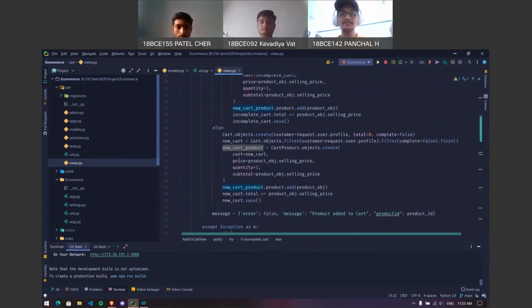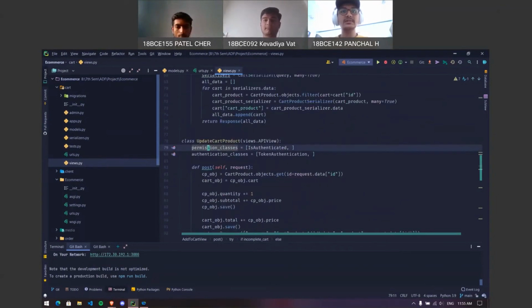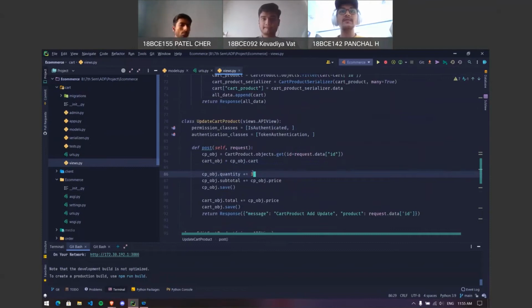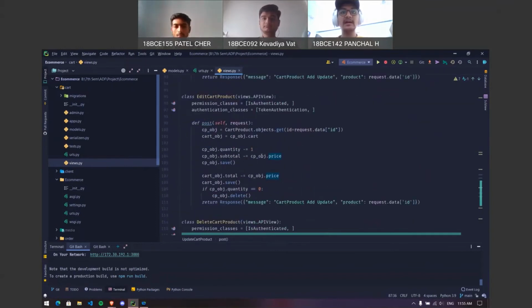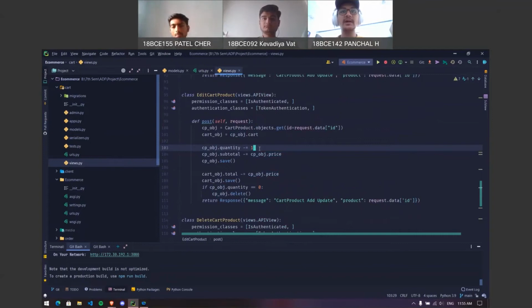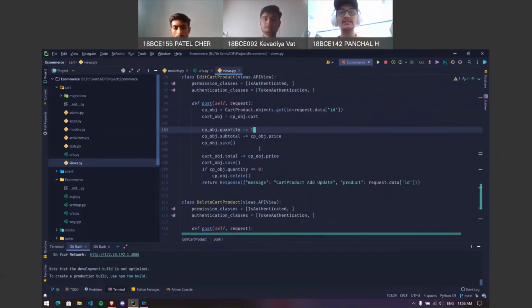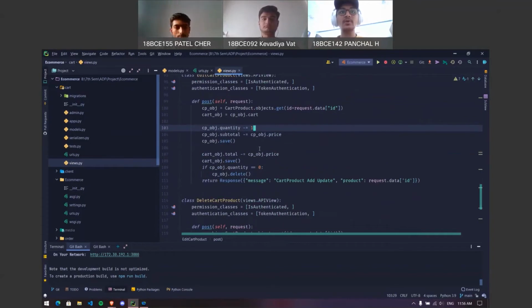And after that, heading towards the update cart product. If we update any particular cart product, we just increment its value and change the values of subtotal and total. And in edit cart, we just decrement the quantity of that particular product in that cart.